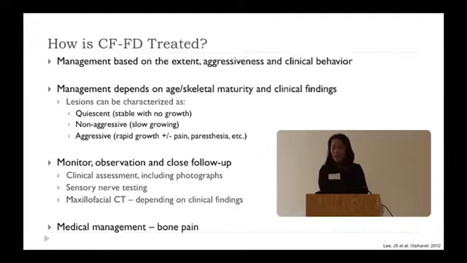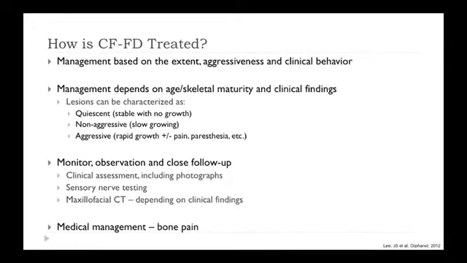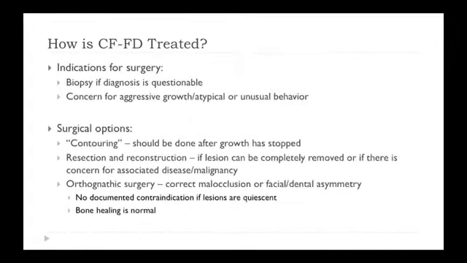And medical management is something I'll leave for the bone experts and the bone pain experts. Some of the indications for surgery. I know not every patient undergoes a biopsy, but we will recommend a biopsy if it's questionable, because there are several features of fibrous dysplasia that are what's called pathognomonic, meaning when we see it on an X-ray, there are some features that are so classic and so typical for fibrous dysplasia